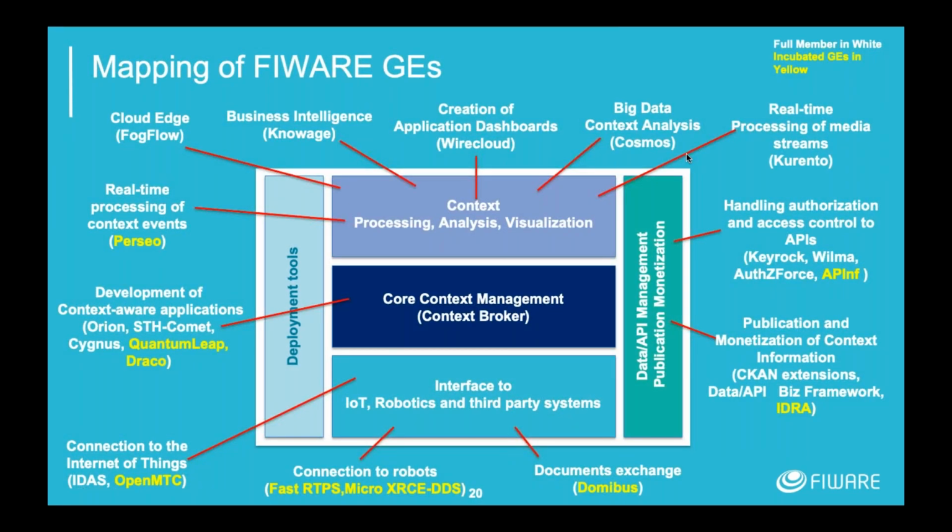This is the current set of FIWARE generic enablers. These are the 3 bits of software. The items in yellow are the incubated enablers, which are in the process of being accepted in the community. The items in white are full members who have achieved a certain level of traction within FIWARE. As you can see, we have a wide range of elements across the entire system, and I will detail some